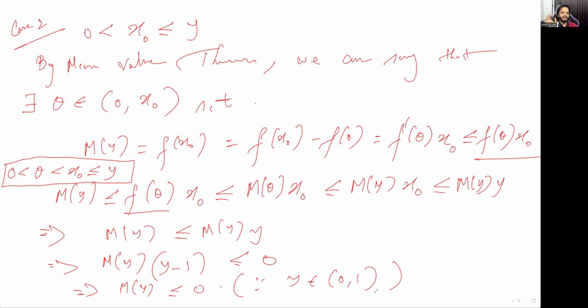So that's why, to be on the safe side, we made y strictly between 0 and 1. Okay. So now what are we getting? That the maximum value of the function is less than or equal to 0. So again, the same conclusion: f of x is greater than or equal to 0 and less than or equal to m of y, which is less than or equal to 0 for all x belonging to 0 to y